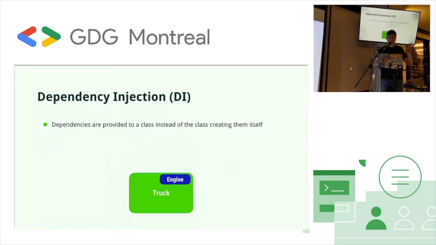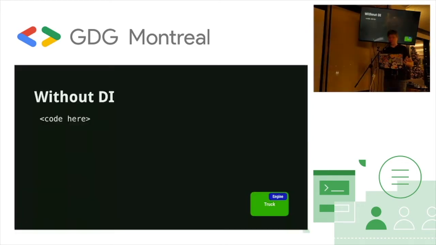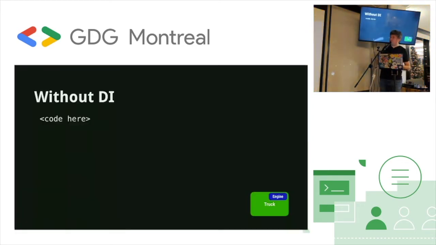Dependencies, when you're using dependency injection, are provided to a class. So instead of just having truck create its own engine, you just make sure that the engine will be provided to truck at creation time. All right. So if we look at code,